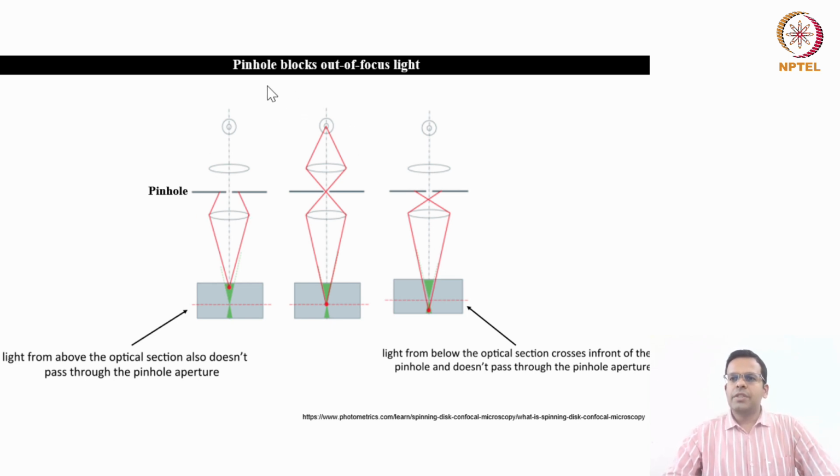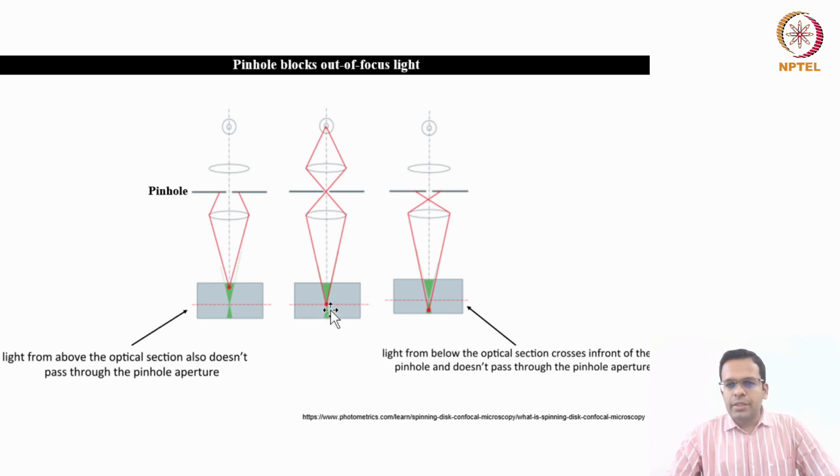So one unique feature of the confocal microscope is the presence of a pinhole. Okay, and what is a pinhole? So you see, this is the optics of the microscope setup, and this is the optics in the emission light path. So let's say this is your slide, this is your sample, and this is the focal plane. You can see this dotted line, so that is your focal plane.